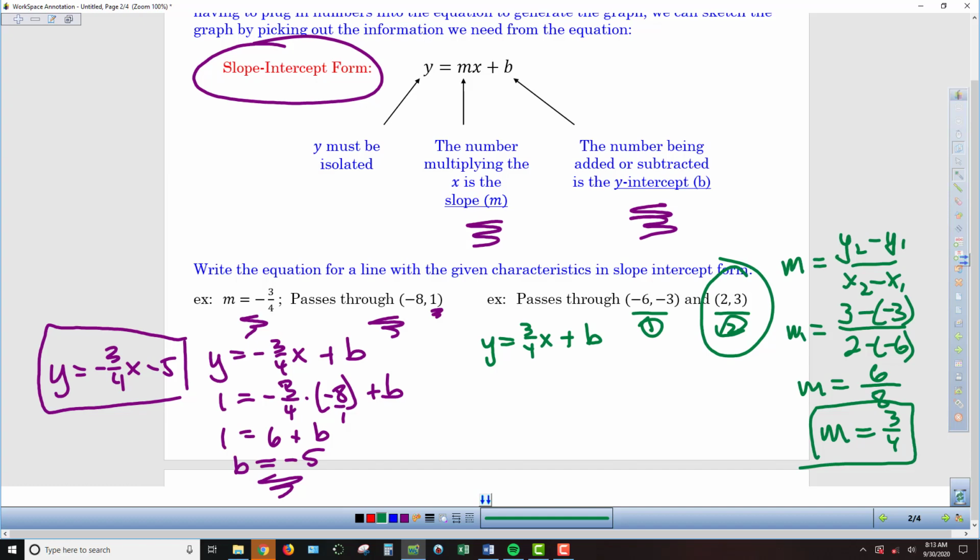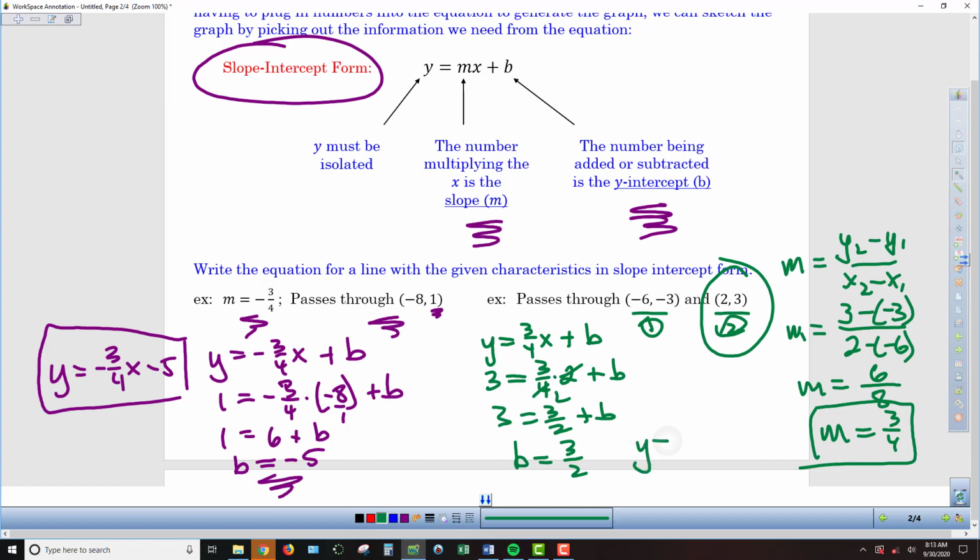So in place of y, I'm going to put 3 equals 3/4 times, in place of x, I'm going to put 2 plus b. So we get 3 equals, if we do a little cross-canceling reducing, we've got 3/2 plus b, or 1.5. So if I subtract that from both sides, 3 minus 1.5 is 1.5. But I'll go ahead and leave it as an improper fraction, just a little bit more convenient to work with